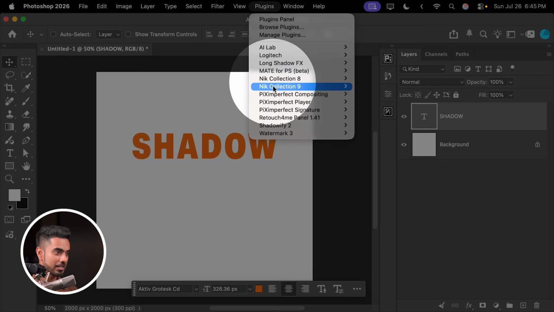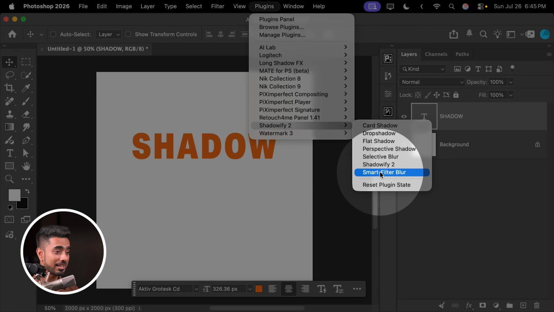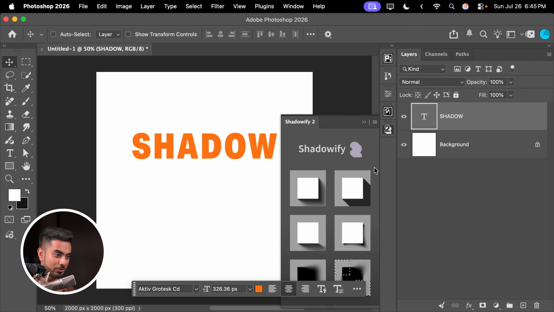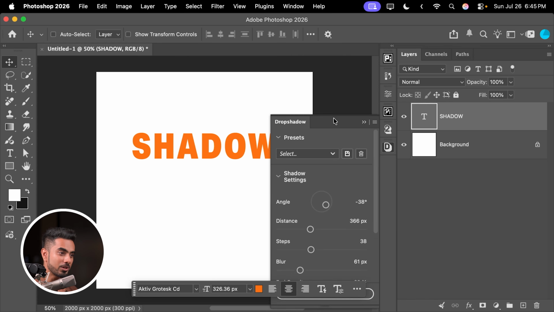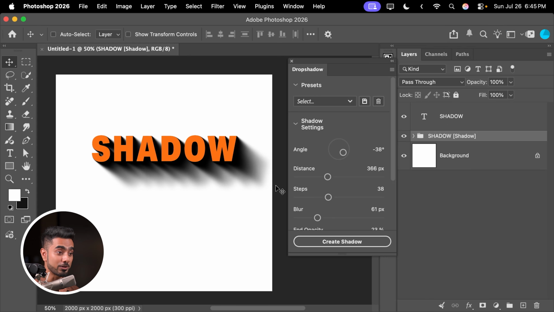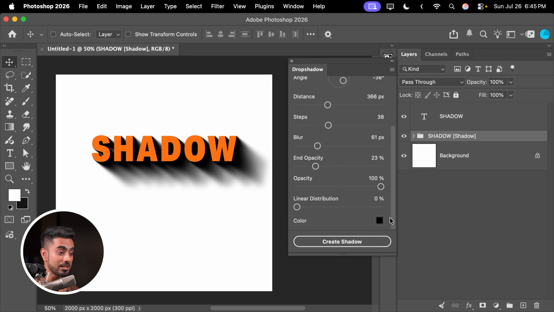Let's go to Plugins, Shadowify, and you can add any kind of shadow that you want, or open the main one. It has some presets that you can try. Let's click on this one. You can pick the angle, the distance, everything, and click on Create Shadow. And it does create the shadow, and you can change all of these in real time, like the end opacity, opacity of the